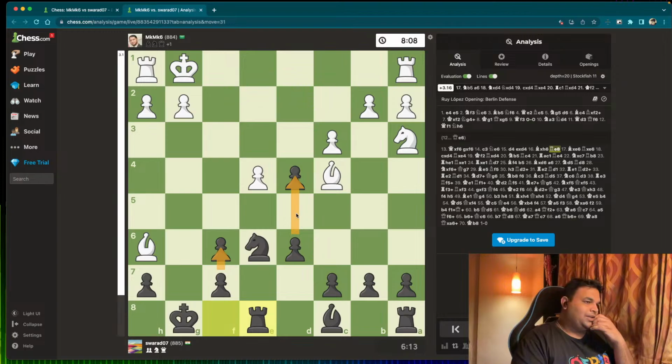So in chess, you should never have two pawns on the same file. Again, I am a new player, but this is something I remember from my school days. My teacher used to say this all the time, that you should avoid doubling of pawns, because what happens when you double your pawns is it opens up an entire line for this pawn. So this pawn can travel all the way here